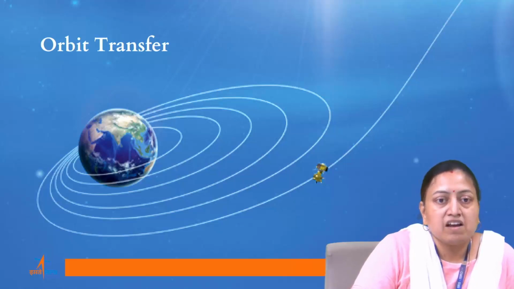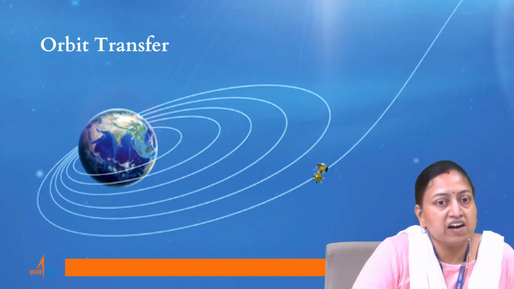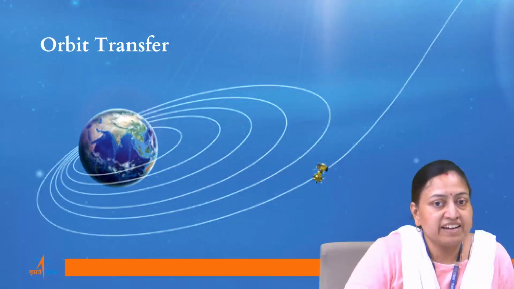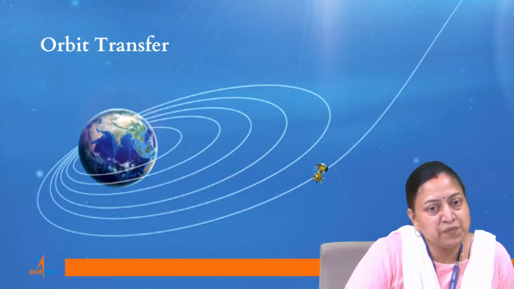Orbit transfer. Transfer orbits belong to a unique category of orbits that are used to move the satellite from one orbit to another. When satellites are launched to space with launch vehicles, the satellites are not always injected directly into their final orbit. Instead, they are often placed in a transfer orbit, an orbit where the satellite or spacecraft can be shifted from one orbit to another using comparatively lesser energy from built-in thrusters.